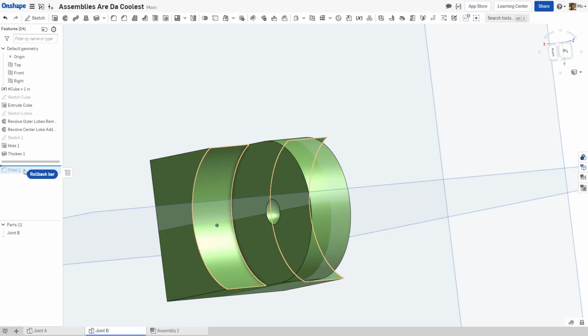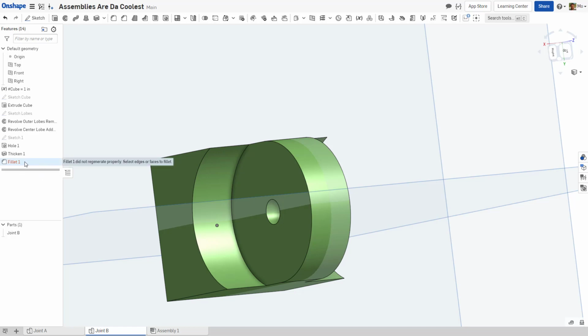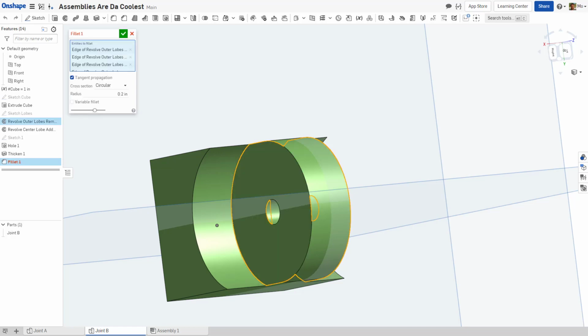When I send the rollback bar to the end of the features list, now including the fillet tool, the fillet will try to regenerate. In some cases, this will work just fine. However, the fillet appears to be confused, so let's fix it real quick. It appears that the fillet was generating off of edges that are no longer existent. So, we can simply choose these new edges,